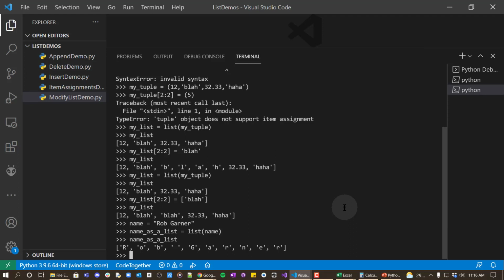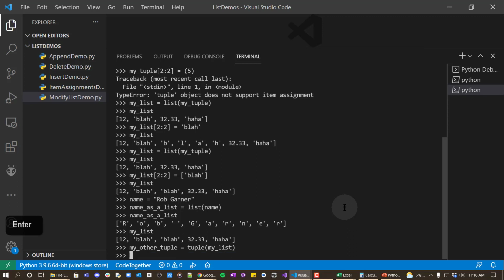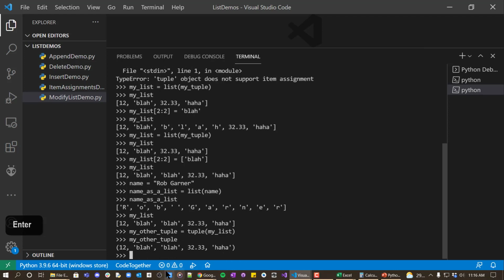And there's the reverses too. You can take a list, for example, let's take a look at my list. If I want to make that a tuple, we can see that we can go back and forth. We can make things into lists, we can make things into tuples, and then similarly we can take name,